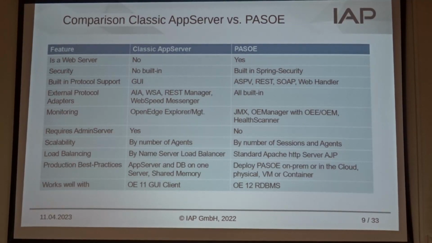I said normally you have to do nothing if you move from the classic app server to PASOE. But I know that a lot of people have problems if they move to the Progress app server. The main problems are